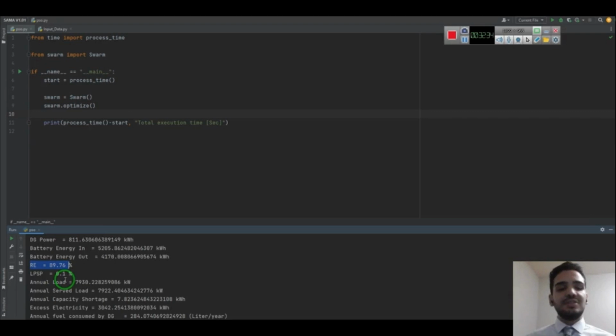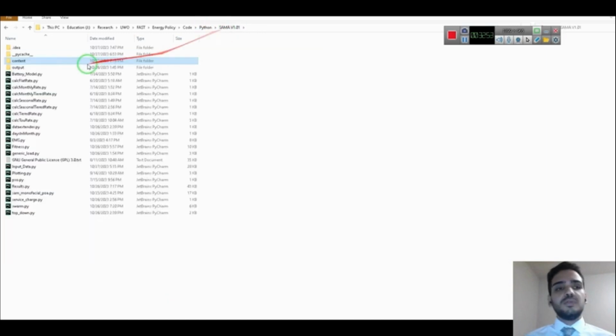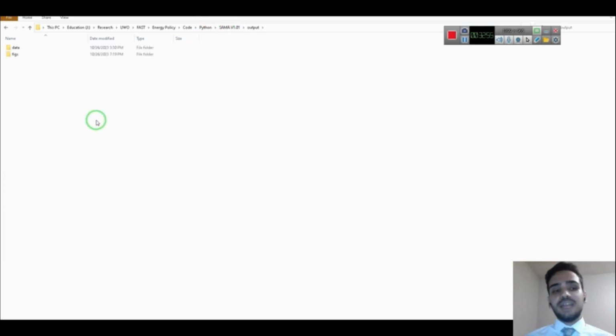So you can see these outputs by SAMA. Also, SAMA provides other types of outputs in terms of figures and plots that you can access through the output folder inside the SAMA folder.